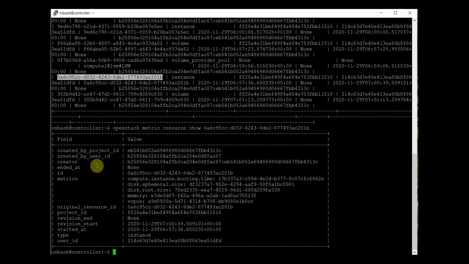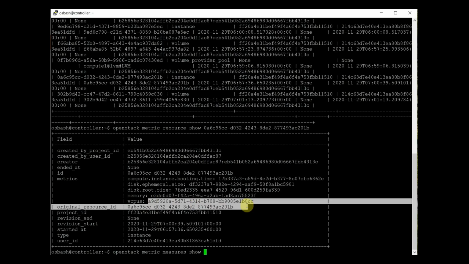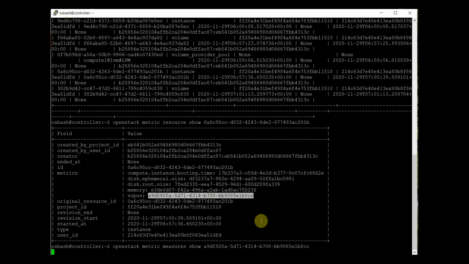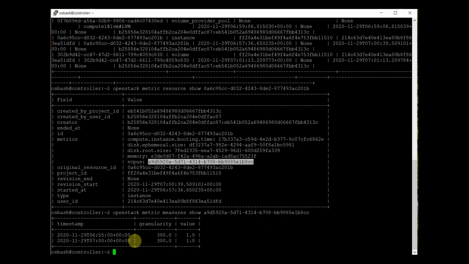Now about the instance, if I want to see the metrics, the measures about the CPU or the memory, I can use openstack metric measures show, and for example I want to see the CPU. I can specify the ID of the CPU, and then it will show me the CPU usage details, right, when it was taken.